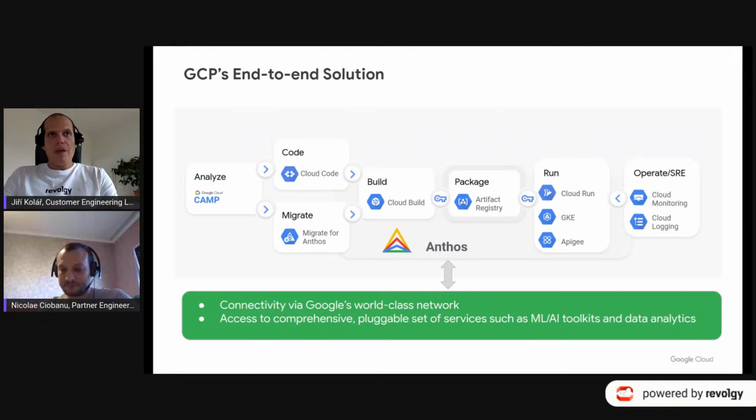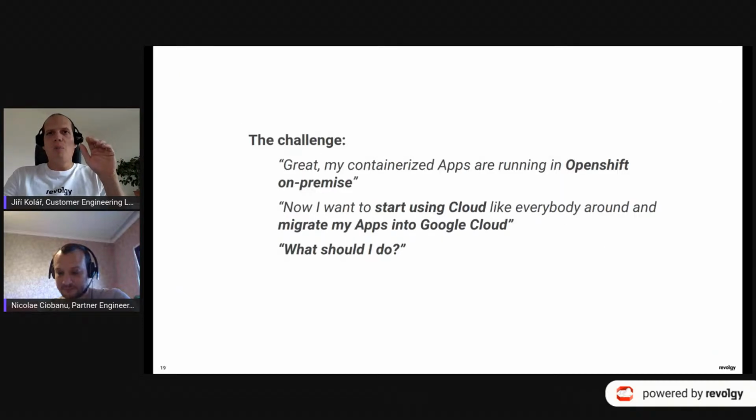So one thing I want to go after this overview, after we heard about OpenShift and we heard about the Google technologies, let's go back to our initial idea, which I was trying to set at the beginning. This challenge where I say, okay, I have my OpenShift, I want to go into cloud, I want to make sure this is successful.